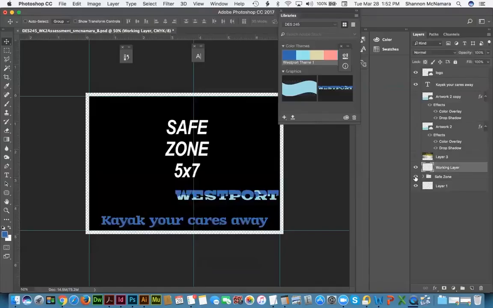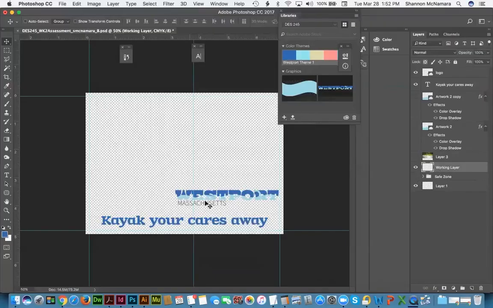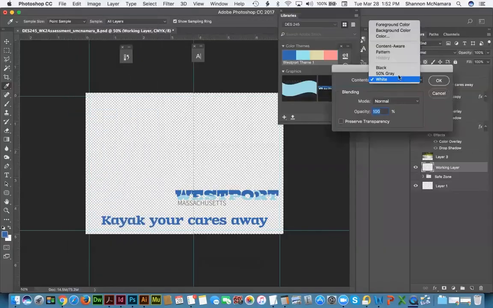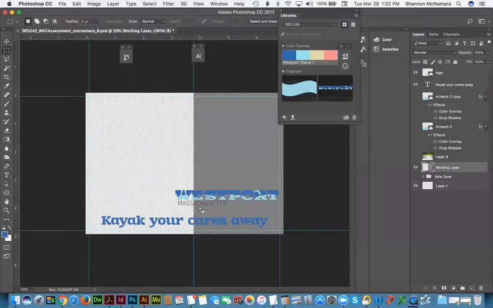I'm going to turn my safe zone on for a second. Turn that off. All right, so here is the section where the address and everything is going to go. So I'm going to just fill that real quick with gray so I can see where I need to stay